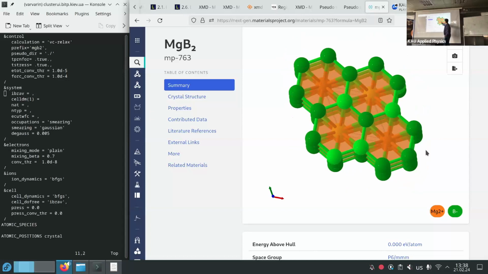And the boron also creates these honeycomb forms. We can say that probably it's like boron in the form of graphite which was intercalated by magnesium, but we don't have boron in the form of graphite.